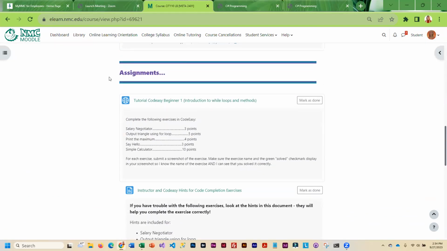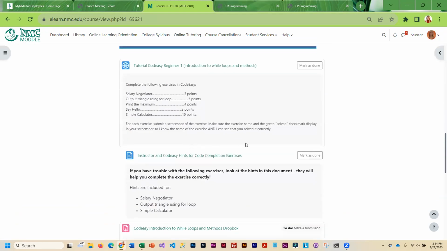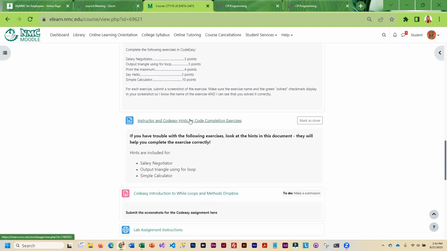And then once you finish that, you can go ahead and move on to Code Easy. For Code Easy, there are 5 different exercises, and you can see they're worth varying points. The ones that I felt were more difficult, I did assign more points to. And for ones that I thought you might have trouble with, I do have a helpful hint page.